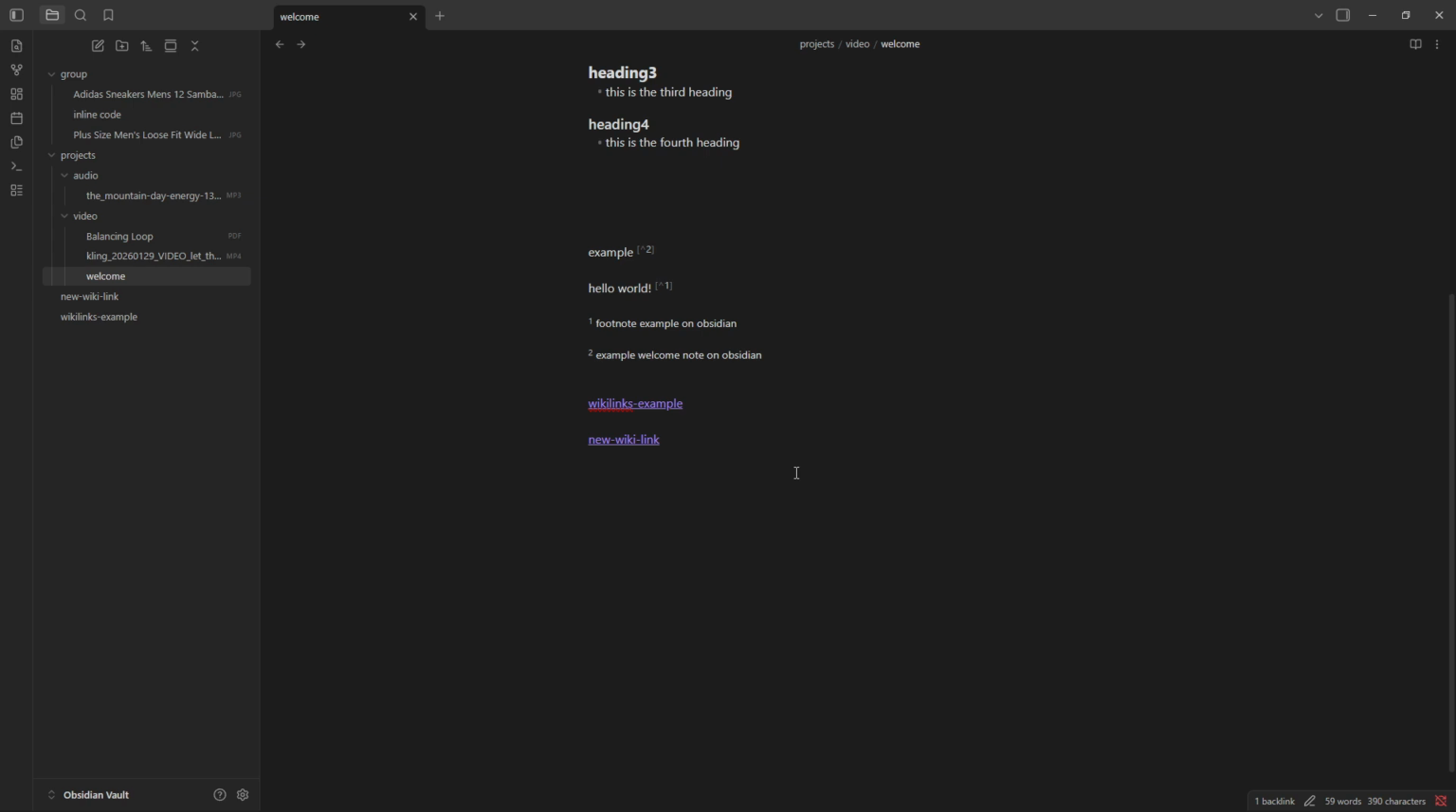So there you have it. You now know how to use Wikilinks in Obsidian to build a connected knowledge system that makes your information easier